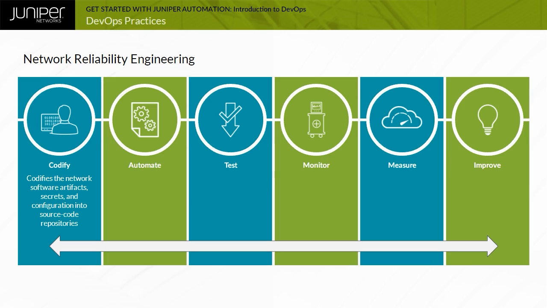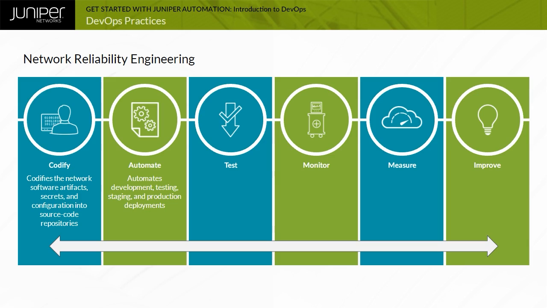The main NRE behaviors can be summarized as follows. Codify, beginning with the acquisition of network software and hardware systems, commonly called Day Zero. An NRE codifies the network software artifacts, secrets, and configuration into source code repositories similar to a software developer. Automate, using a DevNetOps pipeline. An NRE automates development, testing, staging, and production deployments. NREs use this pipeline to provide reliability, scale, efficiency, and optimization for dynamic provisioning of networking resources for its consumers